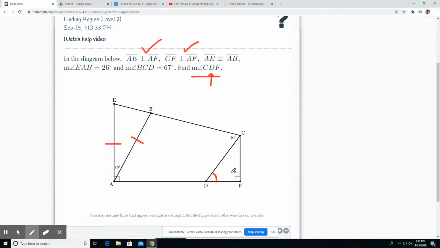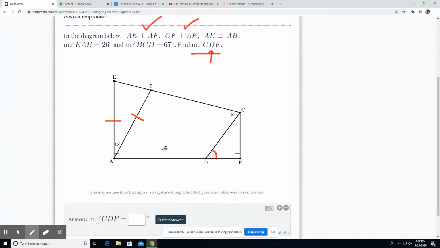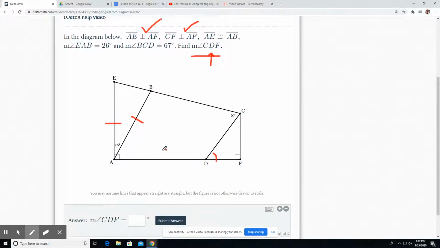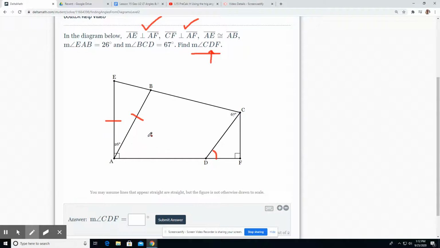Okay, well, let's see. What can we do? Certain things kind of jump out at me, and many times it's kind of trial and error on these. You're trying to take these numbers and progress to get over here to what we want. So right away, I see that this is a 90 and that's 26. That's called a complementary set of angles. So that means 26 degrees